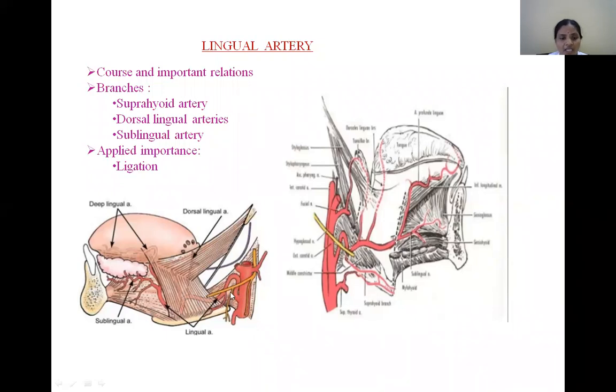So we should ligate the lingual artery. Which part of the lingual artery? We should ligate the first part before it gives any branch. We should take care while ligating this vessel. What nerve is related here? The hypoglossal nerve. We should take care. And this is a triangular area. See, the hyoid bone above, the hypoglossal nerve, and laterally the external carotid artery. Among these three boundaries, we can appreciate the first part of the lingual artery. This is the area where we have to ligate the lingual artery.